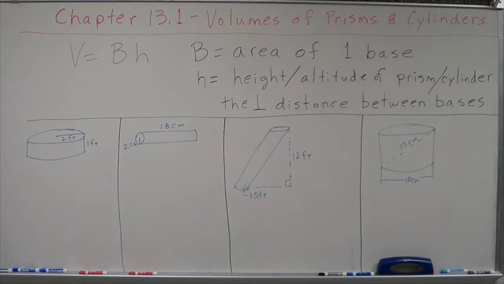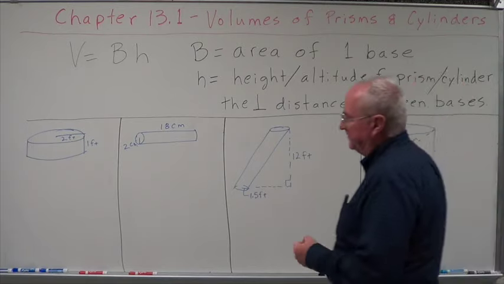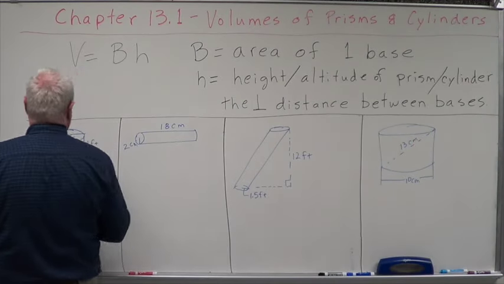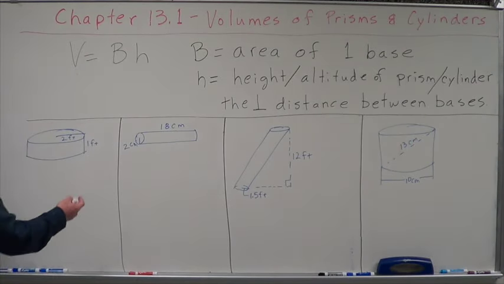Now let's do some cylinders. These are slightly more complicated because of some of the things we're going to do. We're going to be looking at some oblique things. Let's look here. We've got a cylinder with a radius of 2 feet and an altitude of